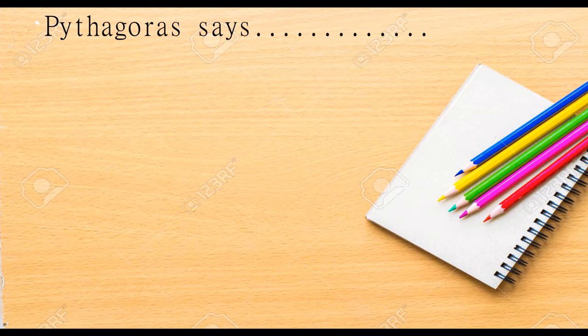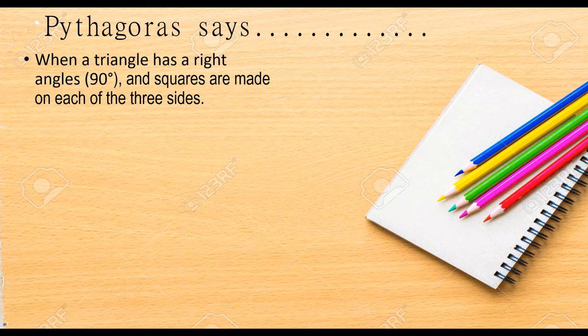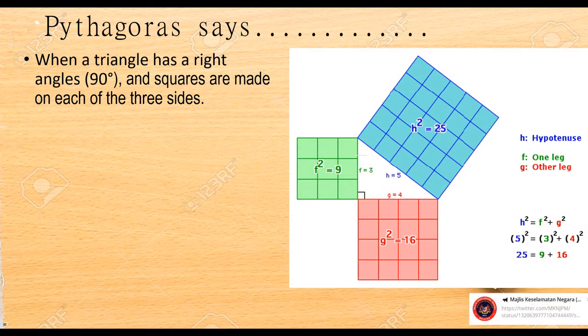Well, Pythagoras says that when a triangle has a right angle, which is 90 degrees, and squares are made on each of the three sides. So what did Pythagoras do? This is what Pythagoras did. First, he took three pieces of paper with different sides. Then, when he arranged these three papers together, he found that a right angle triangle was produced